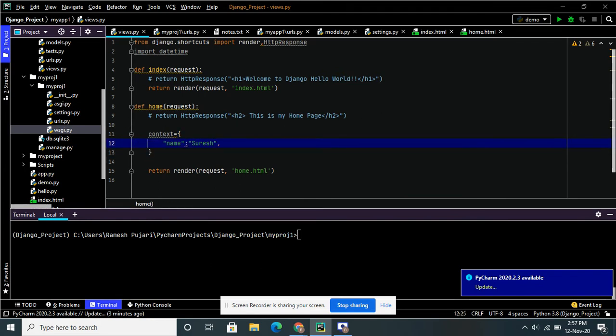If you are using more than one key value pair, you have to separate them with a comma. Next I am taking the age, so my age is 25.